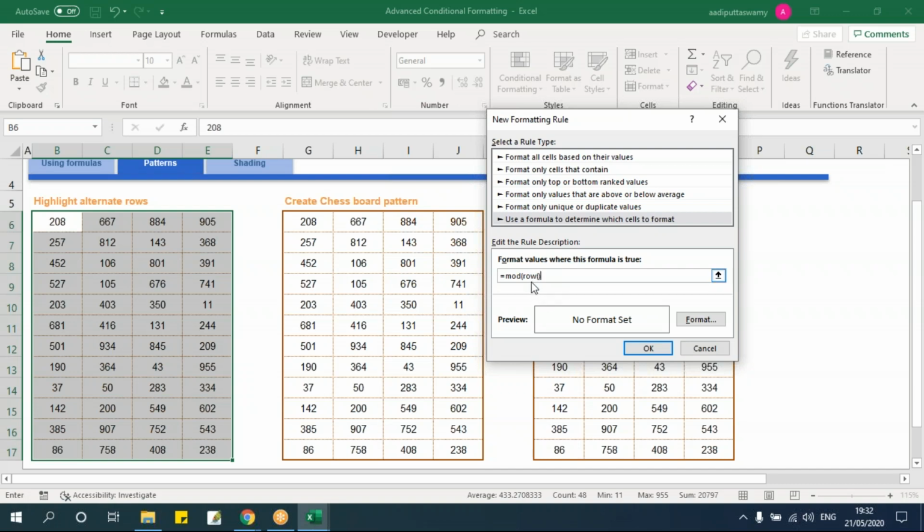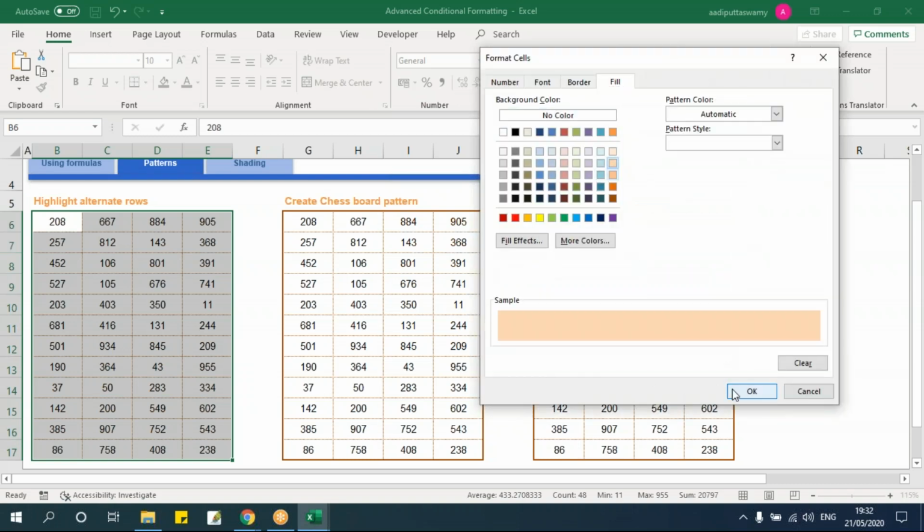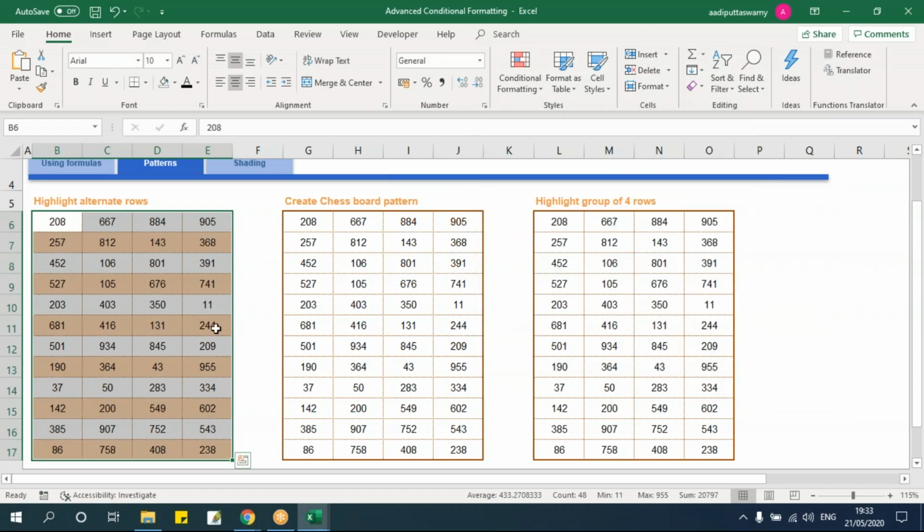This ROW open bracket close bracket will give me the row number, comma. If I say 2, that means I'm trying to divide this row number by 2. Whatever remainder I'm getting, if it is giving the remainder as 0, that means it is an even number. If it is giving me the remainder as 1, that means it is an odd number. I'll say equals 1. That means wherever the row number is odd, that has to be highlighted. I'll go here and I'll say top.